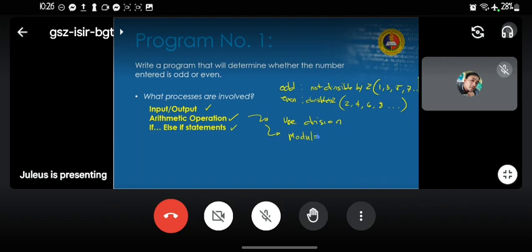Okay, so for example, if I'm going to write 3 modulo 2, modulo is a symbol, right? Yes, sir. If I'm going to write this, what would be the answer? Right, 1.